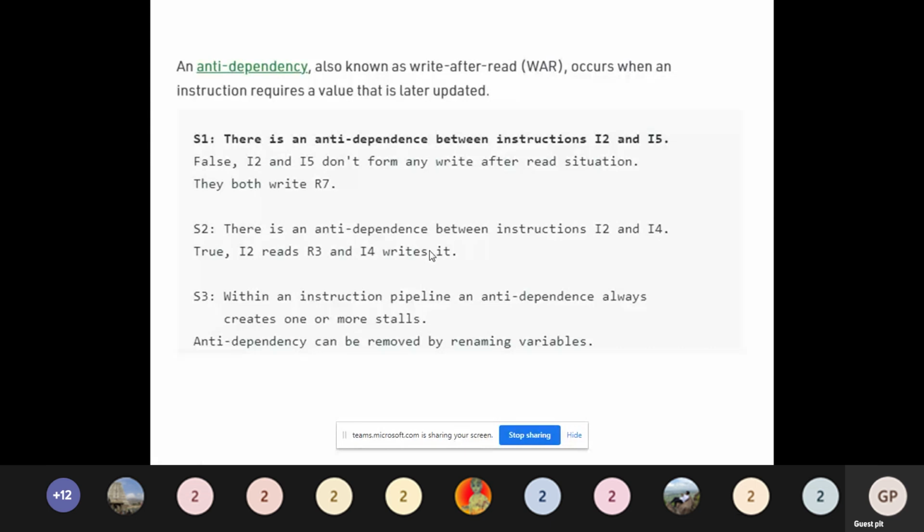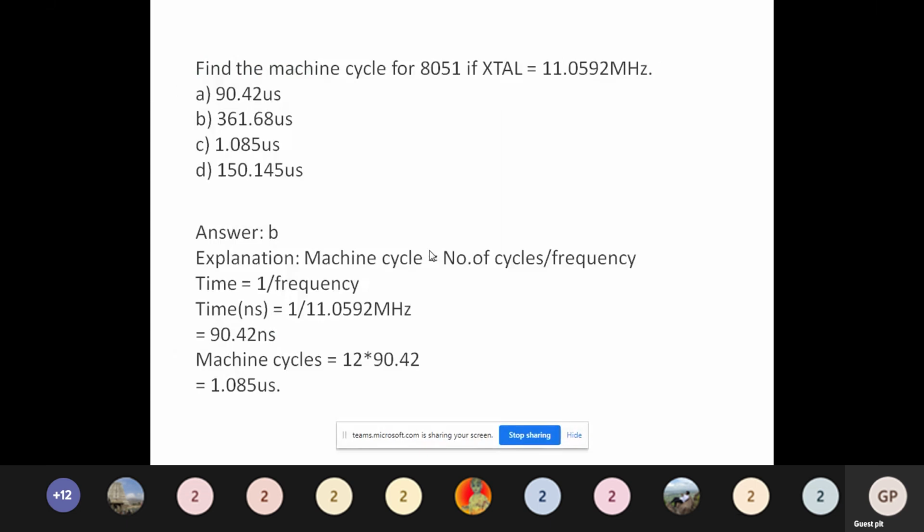This is an example. Find the machine cycle for a microcontroller if the crystal frequency given is 11.0592 MHz. Right, the crystal frequency is given, so for this we are supposed to find the machine cycle period. Always keep in mind that the machine cycle is the number of cycles by frequency.